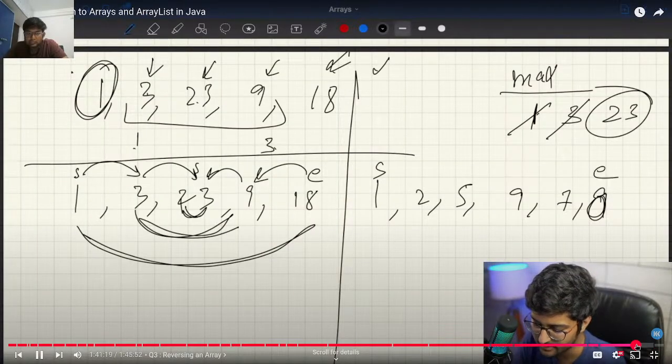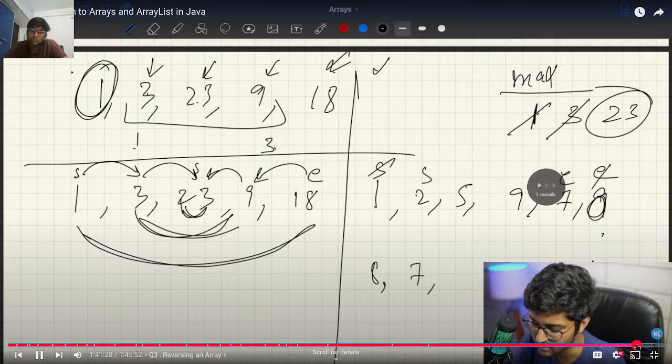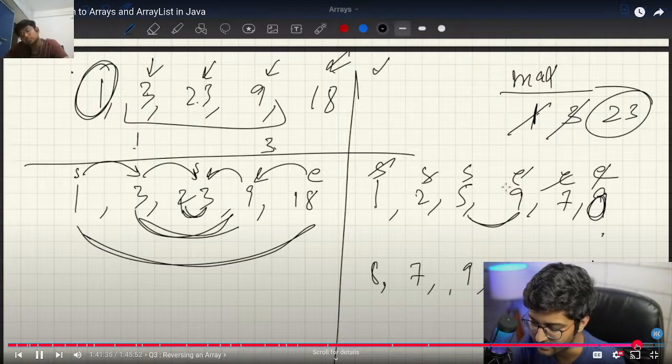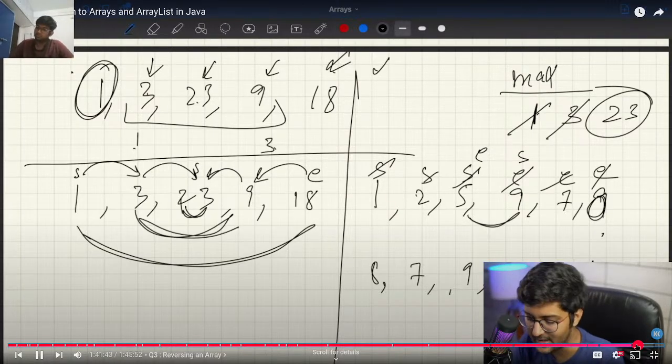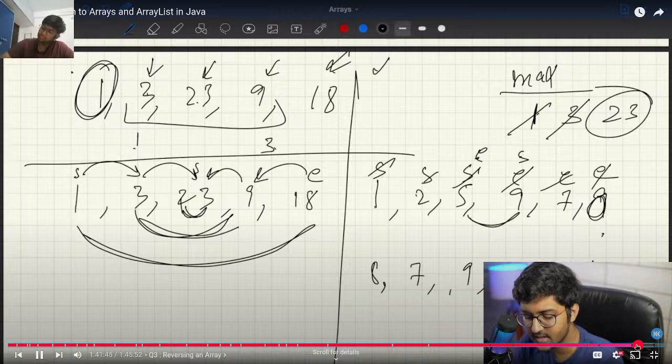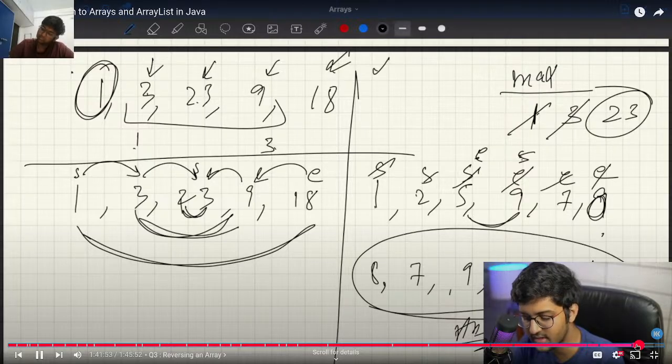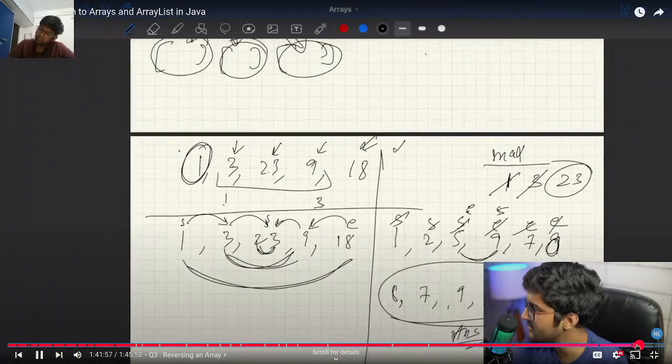Start here, end here. Swap these two numbers. After that, it will be like 8 comma 1. Start will come over here, end will come over here. So it will be like swap these two numbers. So this will be 9 and 5. End will come over here, start will come over here. Basically, it's decrementing end by 1, incrementing start by 1. Our loop will end when start becomes greater than end. Now you can't swap it because start is now greater than end. And obviously this is done. This is my answer, reverse of the array. Very simple stuff. Oh, you were not able to see, so let me just